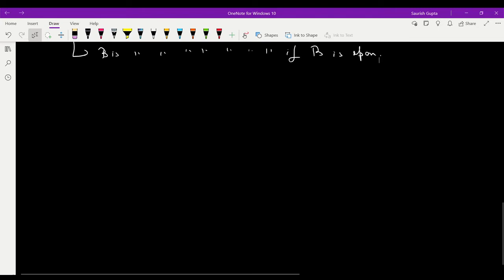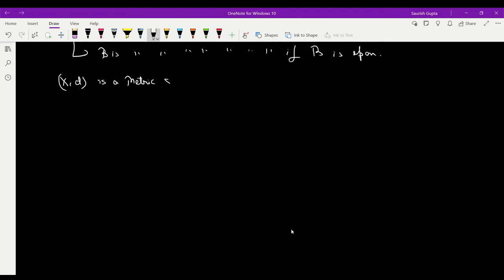Now let us discuss one more thing. We have already discussed how we can induce a metric from one given metric, right? We already discussed that suppose (X, d) is a metric space. Let Y be a non-empty subset of X. So (Y, d_Y) is also a metric space,